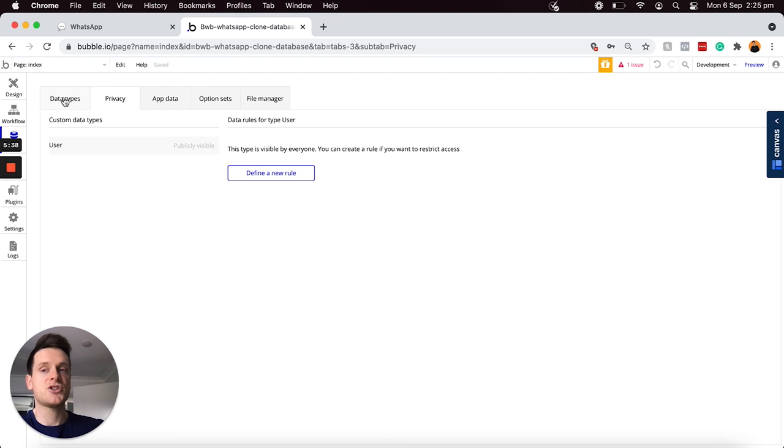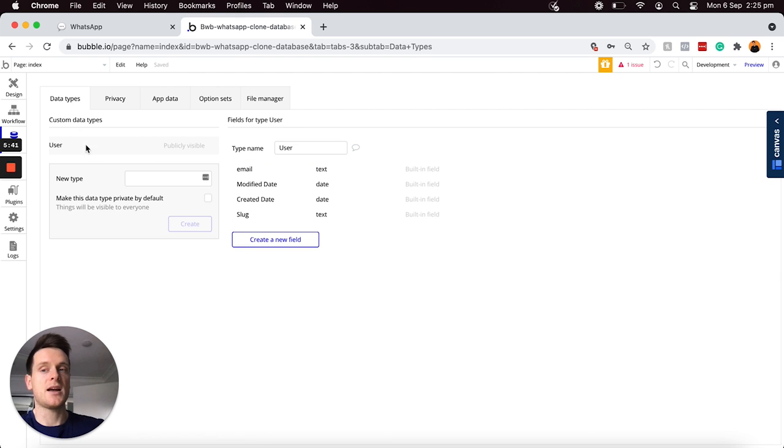And once we've managed the privacy rule, there is one last thing I'd like to show you, and that is that you'll need to uncheck this box here to add privacy rules to any additional data types you create within your database. Because if this box is checked, what you'll find is that you'll have a similar privacy rule attached to any other data type, meaning that not all users will be able to see the content that has been sent to them. But from here, what we can do is start to build out the data types and fields